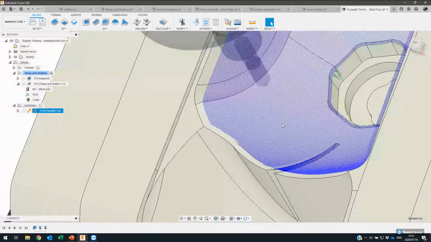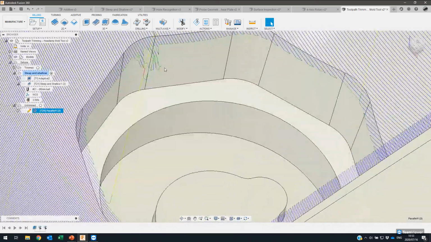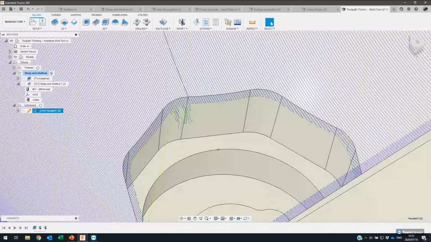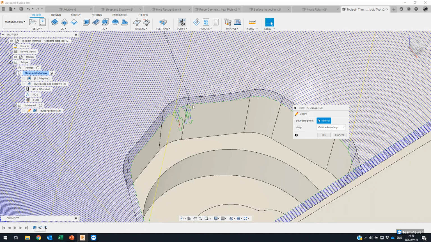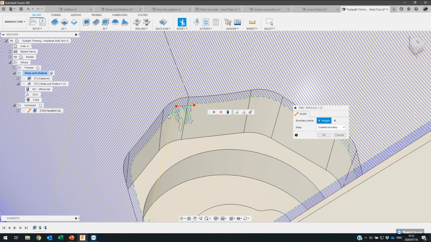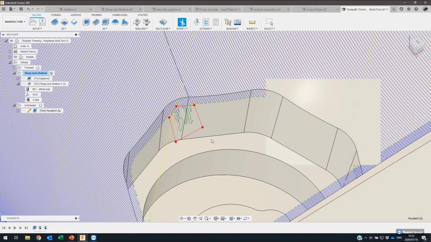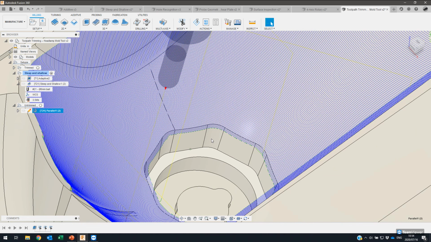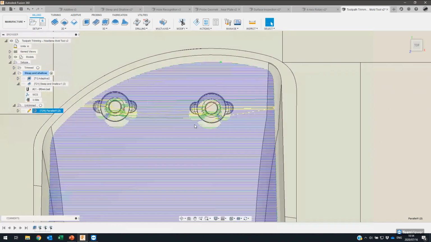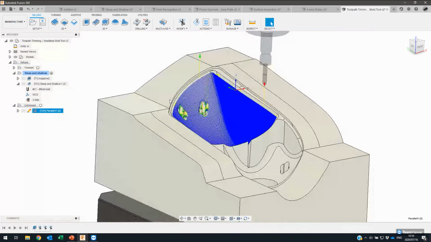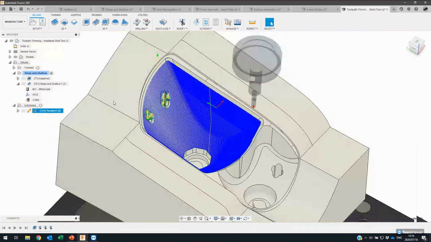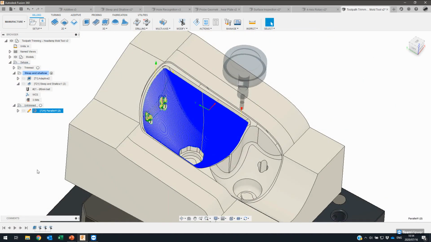And so you can quite quickly and easily go through your model, and I see here's another one at the bottom, and trim away that geometry. So let's just do a very quick one here, and this will be the last one that I'll do. And the nice thing about this is, like I said, you don't have to wait for the entire toolpath to recalculate, because a toolpath like this could take some time to calculate. And I'll leave it at that for now. So that is the toolpath trimming